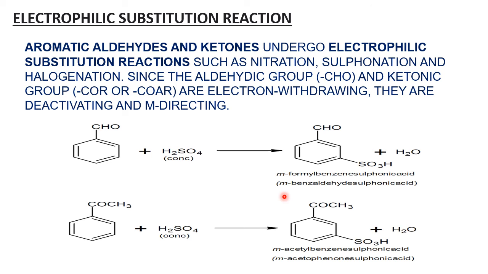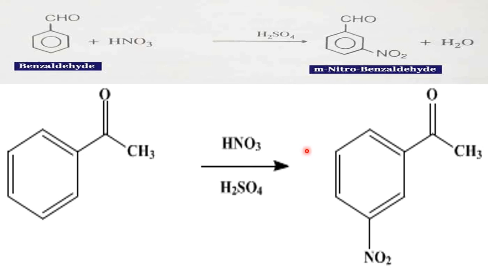What is the statement here? The statement is that aromatic aldehydes and aromatic ketones are meta directing, not ortho and para. By deactivating the ortho and the para, they are activating the meta. That's why they are called meta directing groups. Accordingly, meta products are formed here, not ortho and para. Same reaction, meta only, no ortho para.